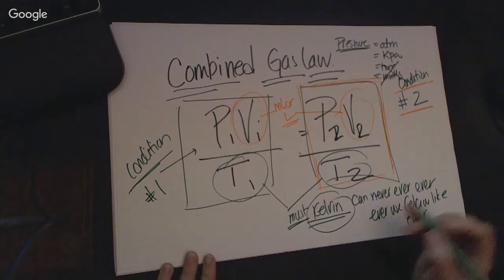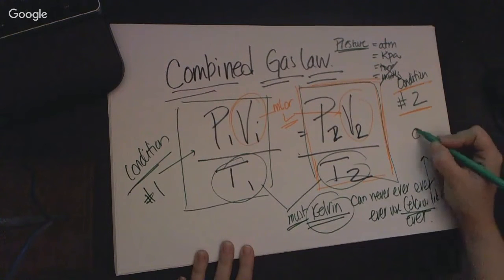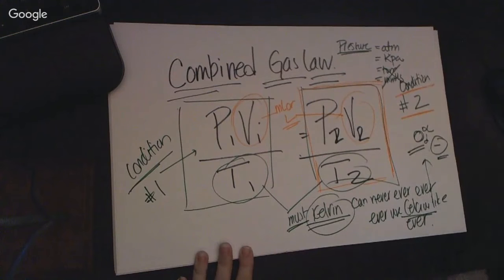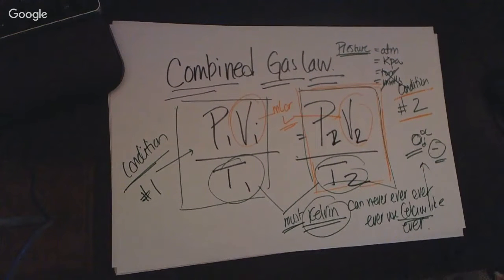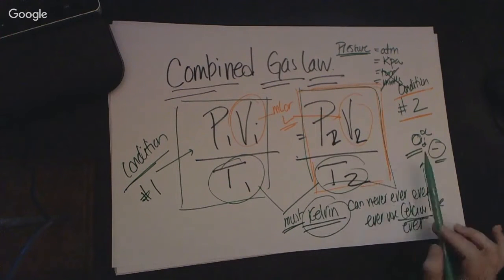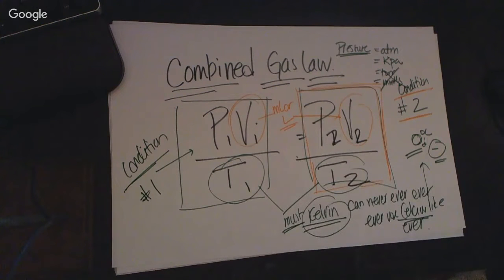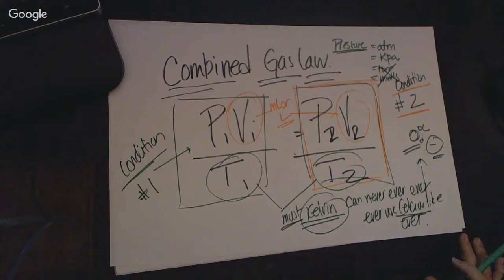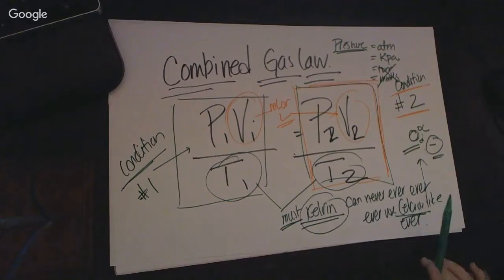And the reason why is that in Celsius, you have a 0 degree and you have a negative sign in the scale, which means you are going to end up messing this up. You cannot divide by a 0, that just doesn't work in math. You're going to get an undefined, and if it's negative, you're not able to do that. So you have to use Kelvin in order to do this. You can never, ever use Celsius. We're not hurting its feelings. I promise you, Celsius has a lot of other applications out there, but you have to use Kelvin in this equation